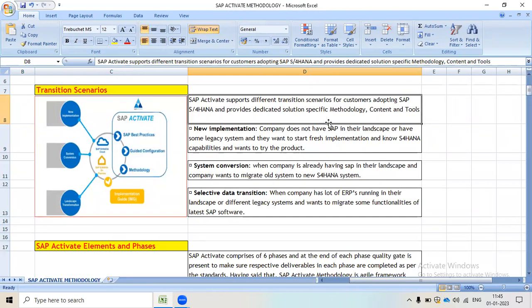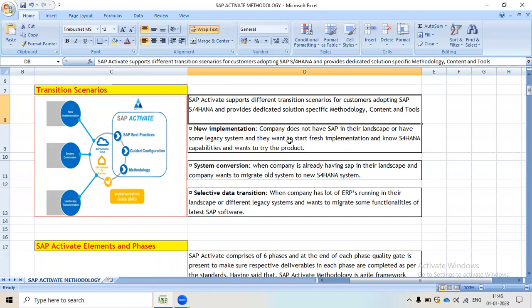SAP Activate supports different transition scenarios for customers adopting SAP S/4HANA and provides dedicated solution-specific methodology, content and tools. The first one is a new implementation, the second one is a system conversion, and the third one is a selective data transformation.